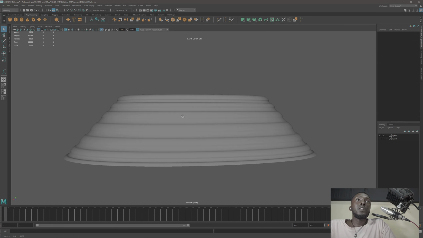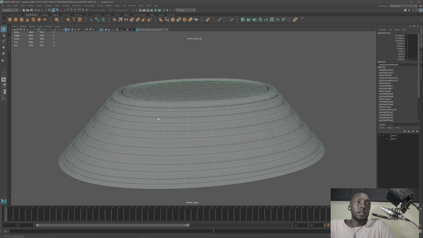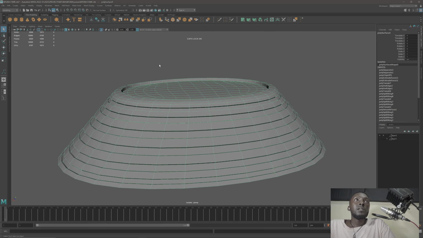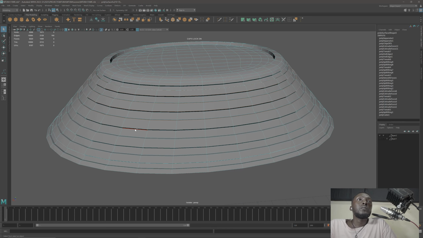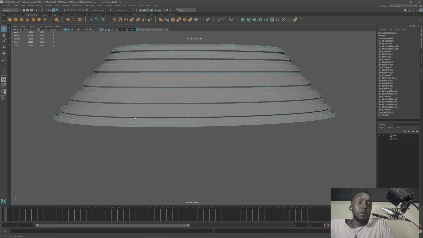If I smooth it, you can see how it looks like. I can probably go in and add, or I can just select several edges, like this one, this one, this one, this one. So I hope you can follow along. Don't forget to save,